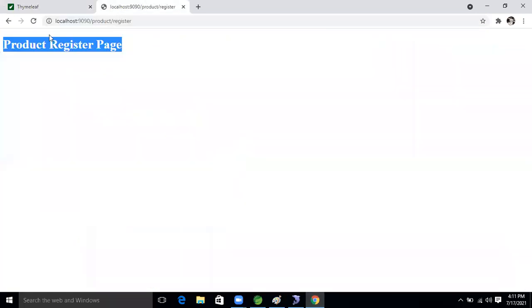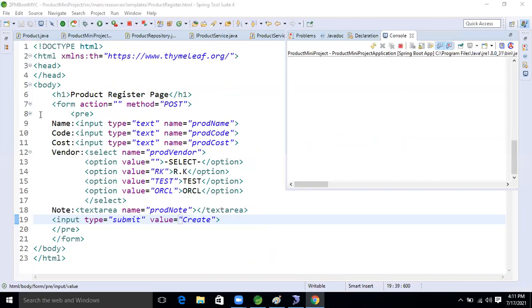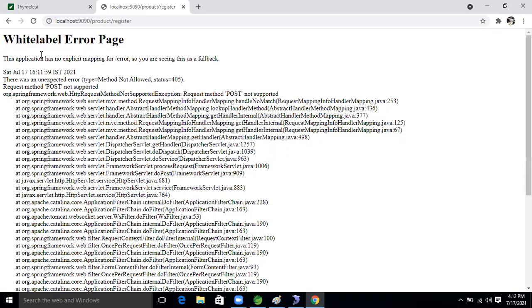Okay. So here, right now, refresh it. See, the form is ready now. Yes, Ravi. Yes, sir. Okay. So all values came here, right? But what will happen now? Whenever we click on the submit button, guys. It's not working. What is that? See on the browser now. We are getting a white page. What is that? 405, right? Method is not allowed, right? There is no method, so how is it allowed now?